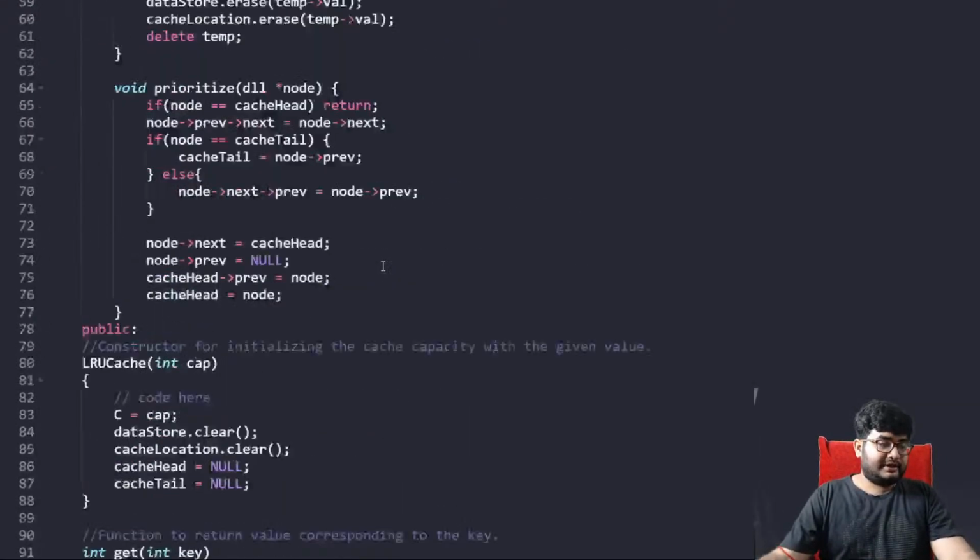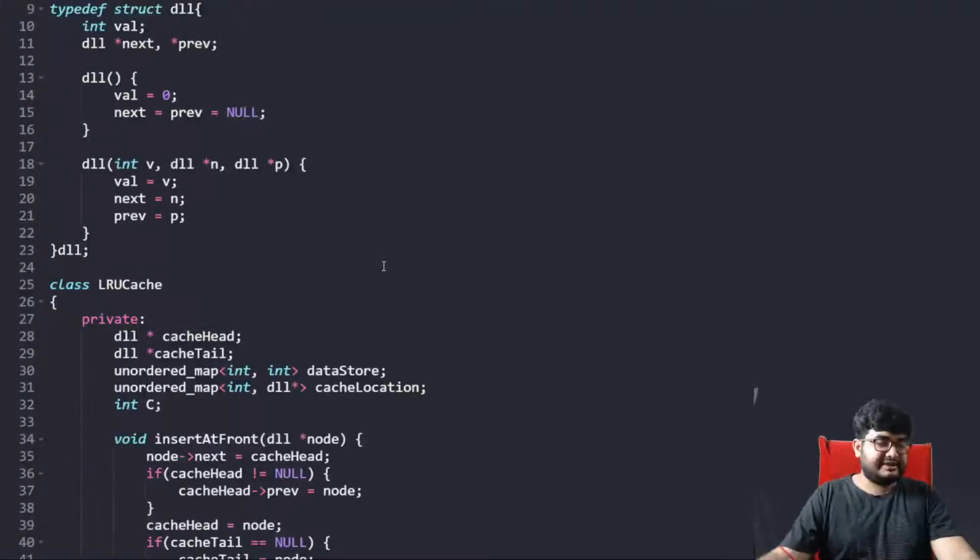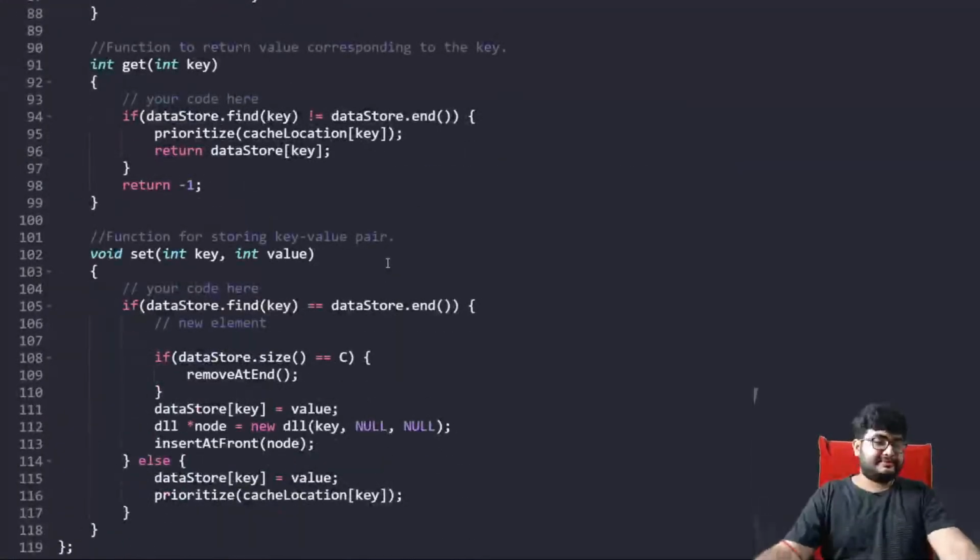Any doubts with the code anyone has? Otherwise, we can end the stream here. Did you understand how we are solving this? Like, it's pretty simple actually. You just have to understand